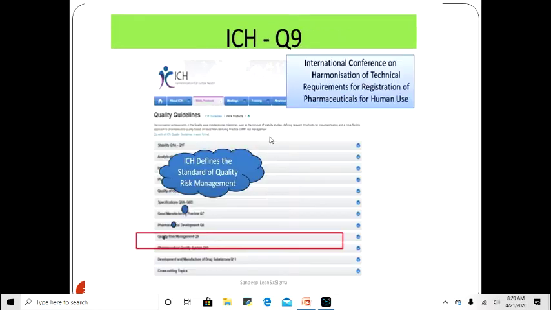So you have to address it. Mainly in the pharma sector, you have to abide by this guideline, that is the ICH-Q9 guideline, where ICH stands for International Conference on Harmonization. So your risk calculation and whether your product is a success or not depends upon these guidelines. You have to abide by it, especially in the pharma sector. It is very strict that you have to abide by this guideline.